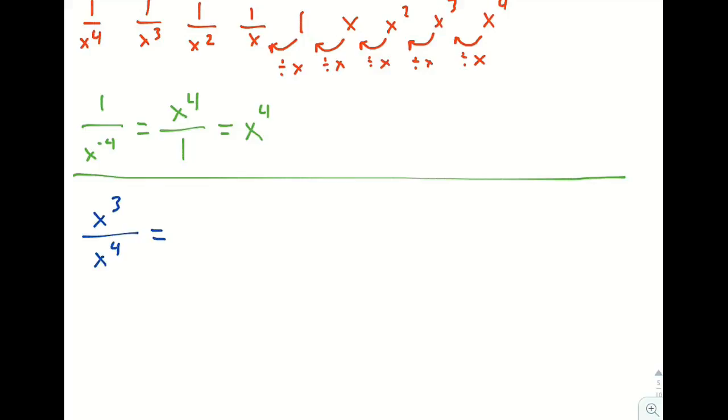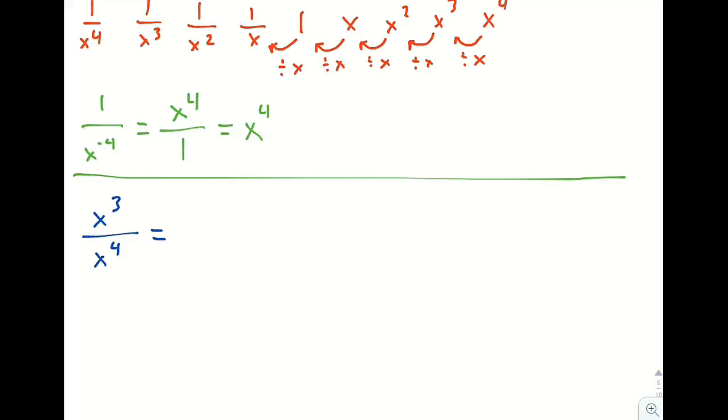What does that equal? The way I like to look at problems like this, you always have to make sure that you have no plus or minus signs going on. Whenever you have addition or subtraction, things get a little bit different. We'll look at that in later sections, but for now, everything is either multiplication or division, so we don't have to worry about that. When I look at this, I have more x's being multiplied on the bottom than I